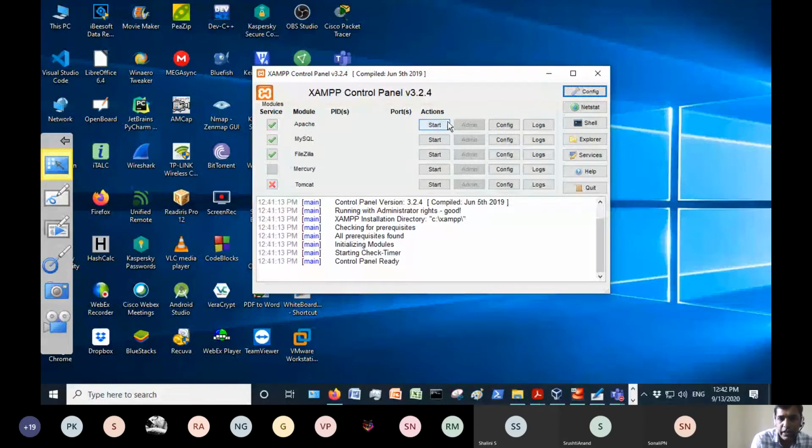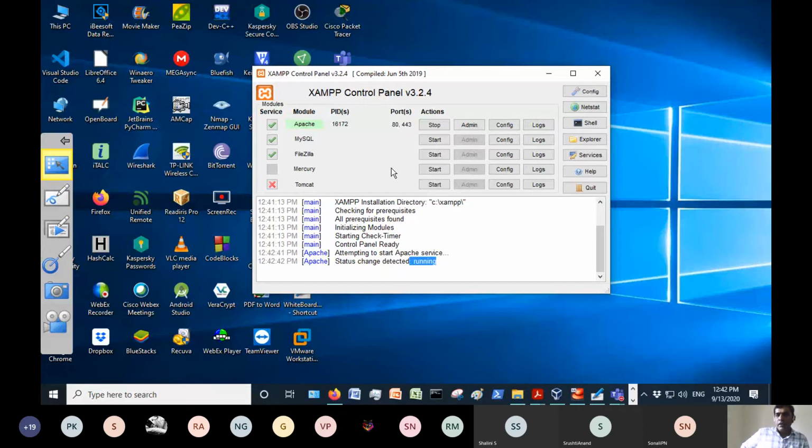Here, in front of Apache, you are seeing a start button. You can click on start, and you can see the status changing: detected, running. You got a message running. Due to some reason, in the last lab, it failed to run. XAMPP fails to run the Apache server or MySQL server sometimes, so keep in mind why it failed, because there may be some other cause.